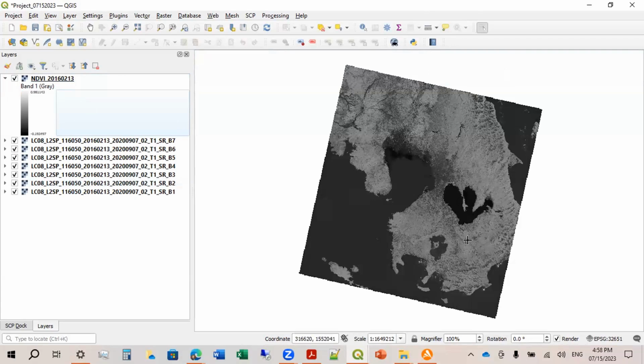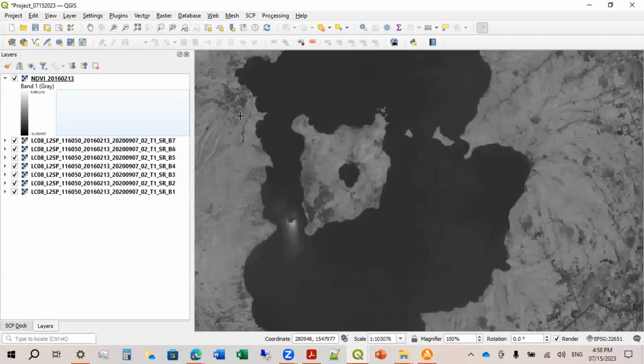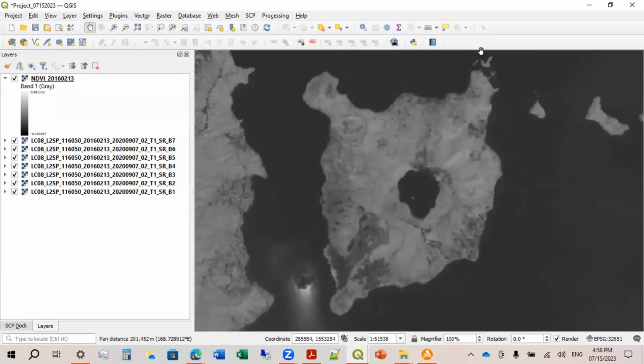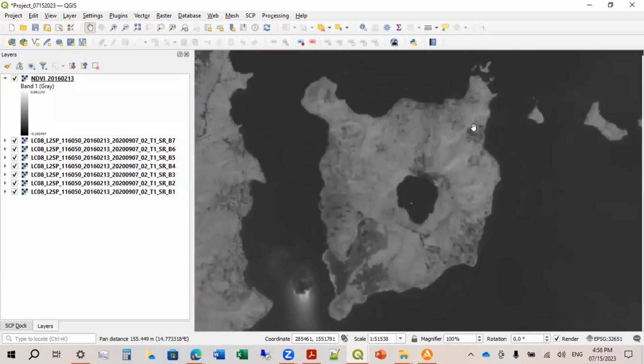So for our purpose today, let's focus ourselves sa Taal Volcano Island. Okay, so if you want to move around, by the way, you can use this pan icon so that you can move around. Okay, so this is our Taal Volcano Island. Okay, so this is the main island.